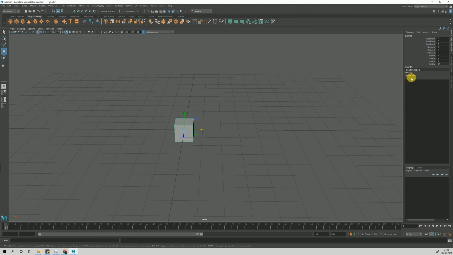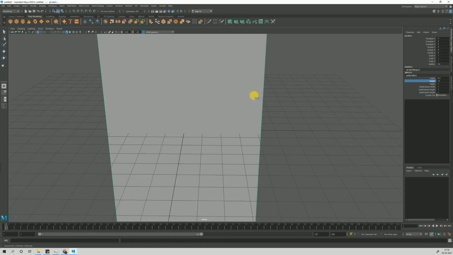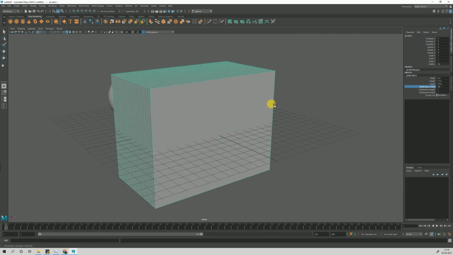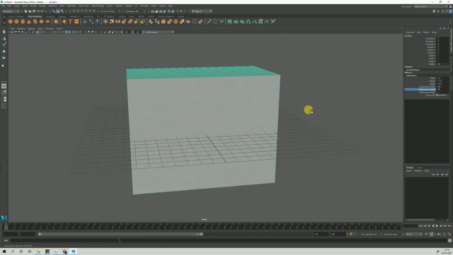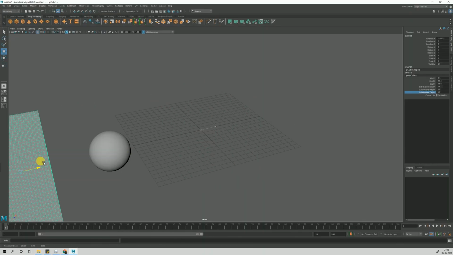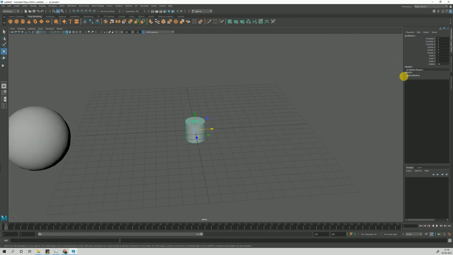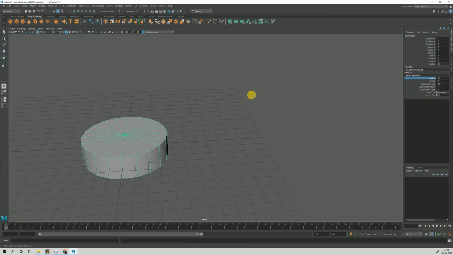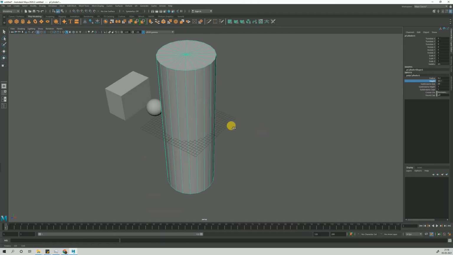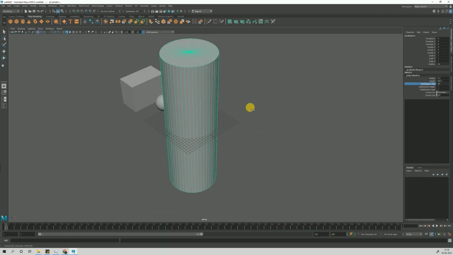Next is cube. Again, we click to the width, height, depth, and lots of options. Okay, we can do this. Let's see the next shape. Cylinder. Can increase the radius. Okay. Can increase height. Interesting.